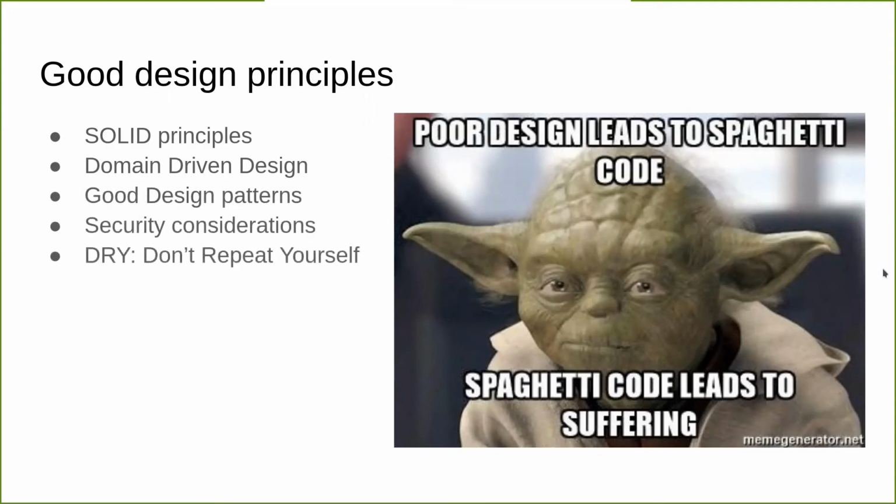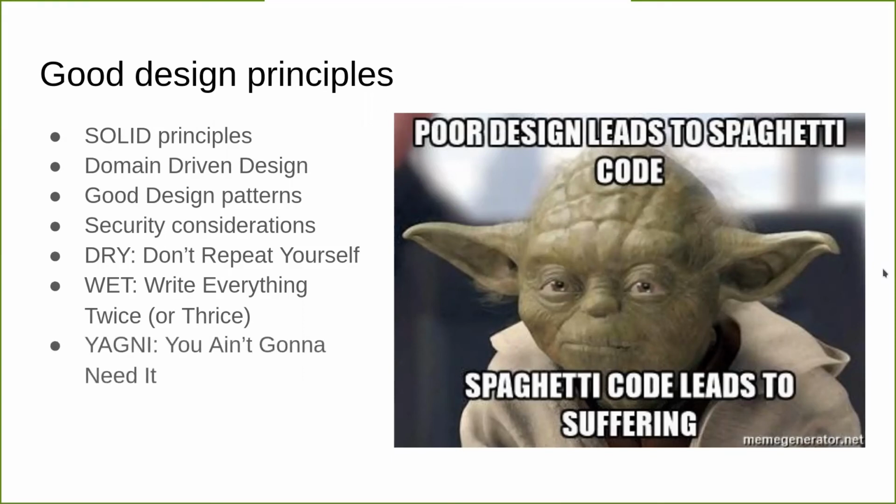Just zip through these here. Don't repeat yourself. Everybody loves this one, right? Does anybody hate DRY? Well, the next one is WET: write everything twice. Both of these are good practices, in my opinion. It depends on when you're using them. So just be careful. Not be careful, but be mindful. Make sure you know why you're doing what you're doing. If you repeat yourself, know why. If you abstract something away, make sure you know why. And you ain't going to need it. Closely related to premature optimization and over-engineering. Only write the code you need, unless you really know you're going to need it. Don't waste a lot of time and effort adding complexity that just has to be maintained before it's used.